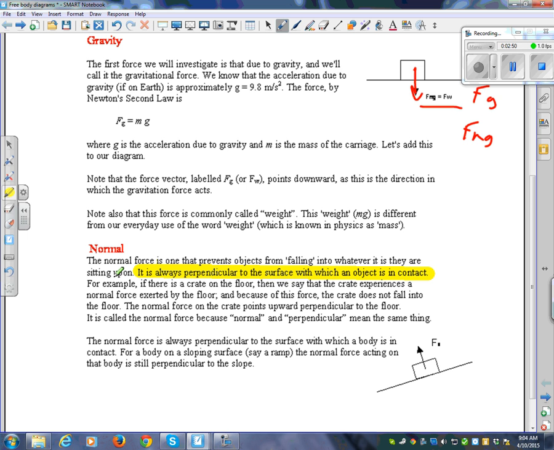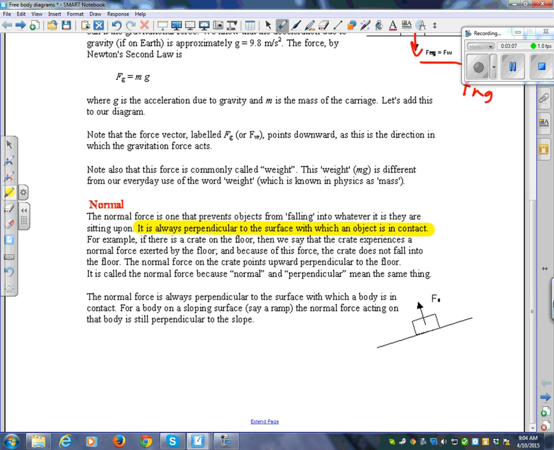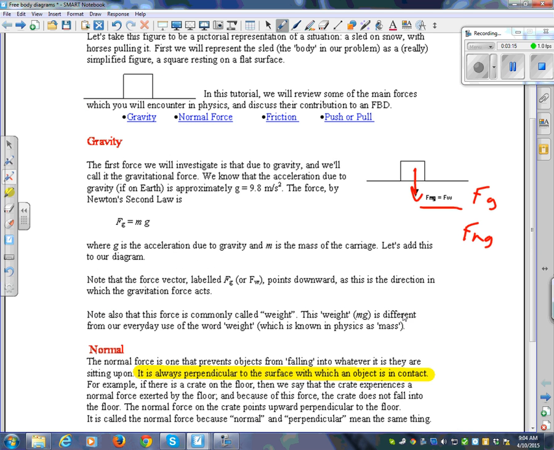For example, if there's a crate on the floor, then we say the crate experiences a normal force exerted by the floor, and because of this force, the crate does not fall into the floor. The normal force on the crate points upward perpendicularly to the floor. It's called the normal force because normal and perpendicular mean the same thing. So here's an example where the normal force is at an angle, and if you were drawing gravity there, it would be straight down, right? Now normally, pun intended,